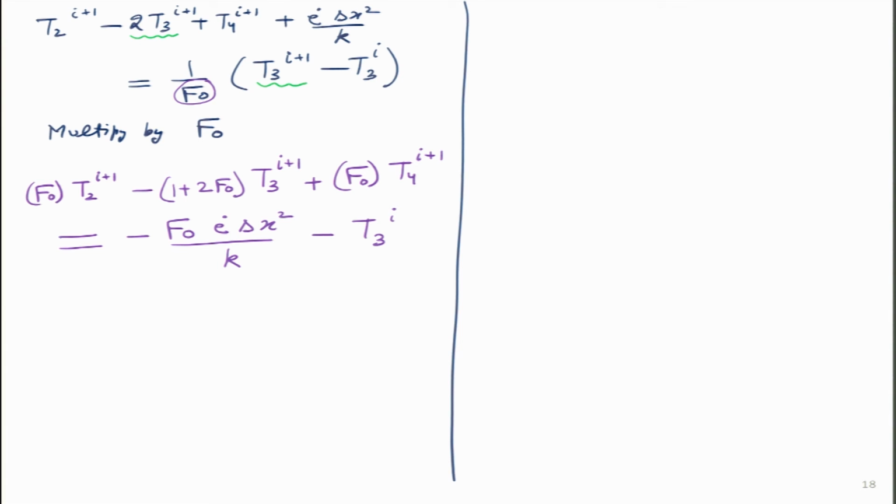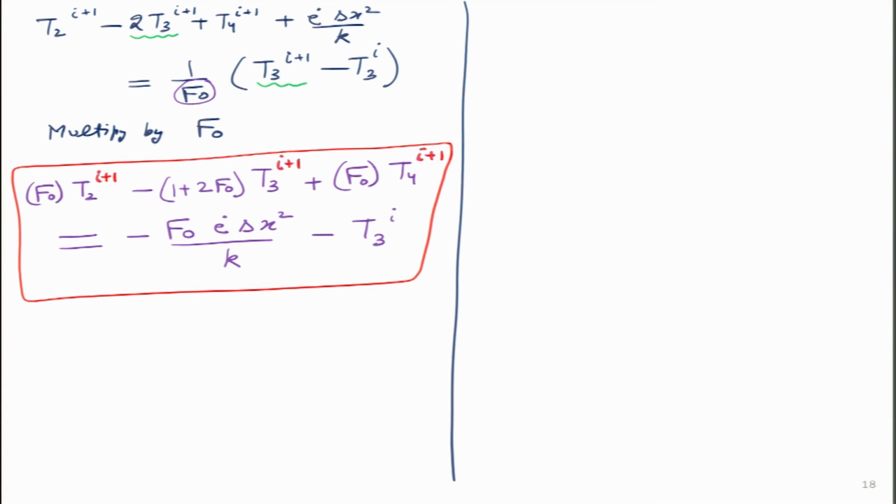And for better understanding, let me put it in red color over here, and let me make these things red as well. So, this equation is the simplest form of the heat transfer equation for node 3